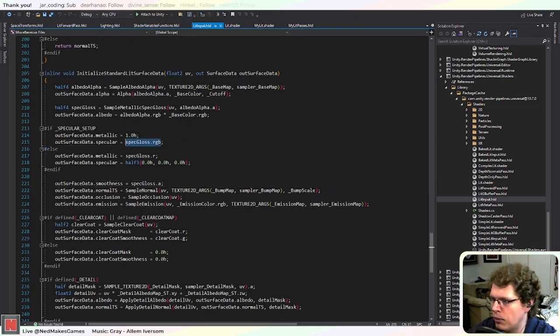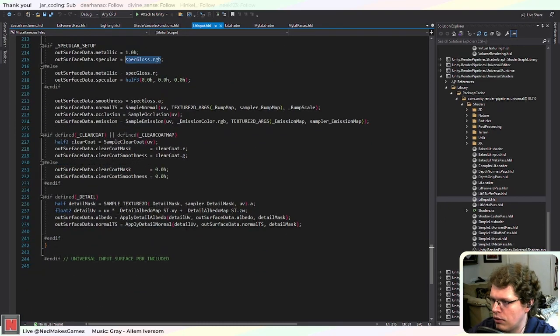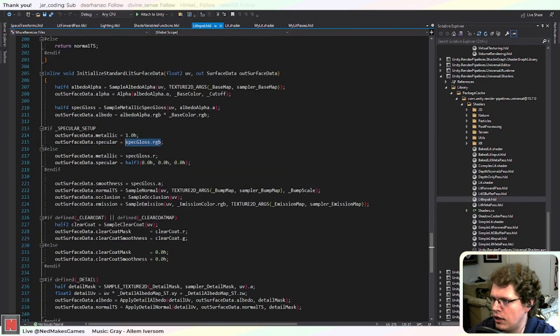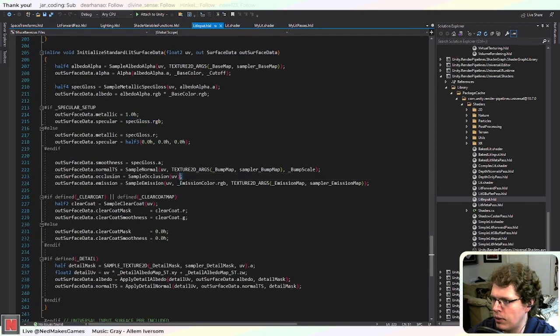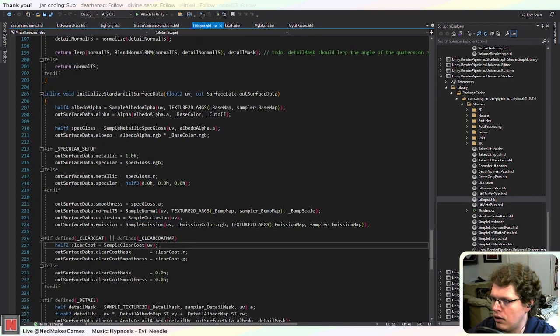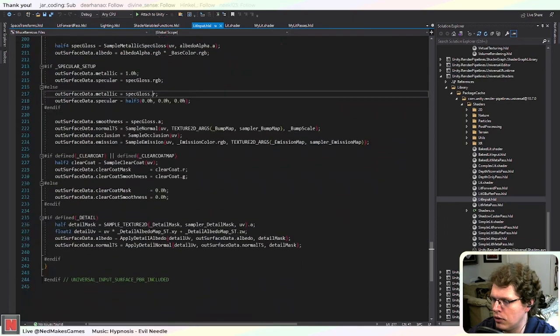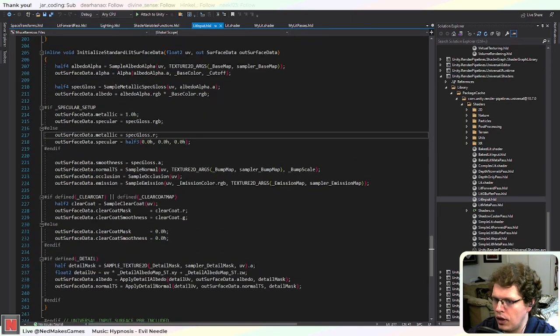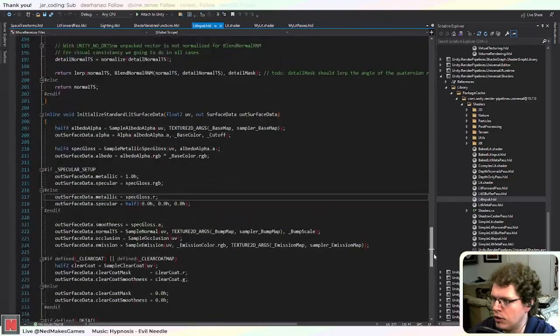I guess we'll just do the same thing, because we are recreating it after all. Usually I like just to cut down on the number of textures, because now you have to have a separate texture for ambient occlusion. Since I always use the metallic workflow, I would put metallic in red, smoothness in green, ambient occlusion in blue, but I guess it doesn't really matter so much. Okay, so we'll have